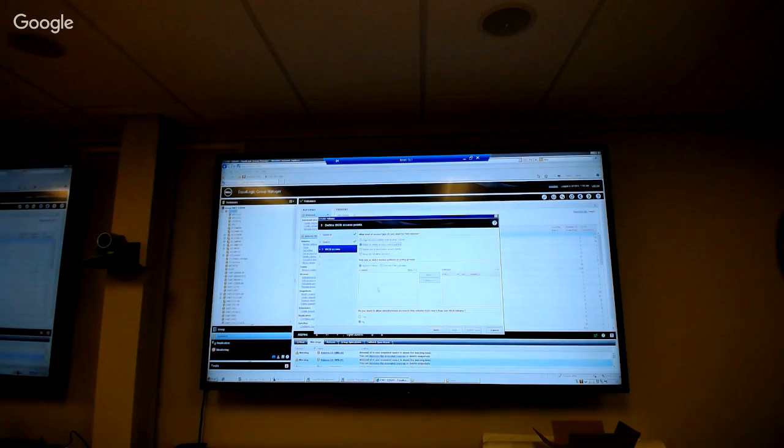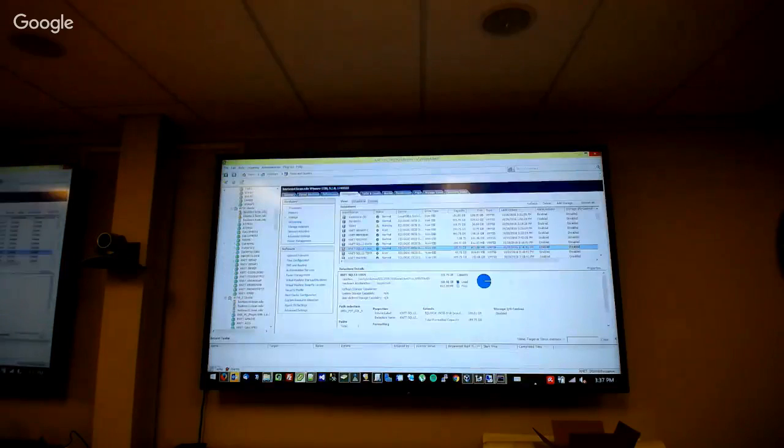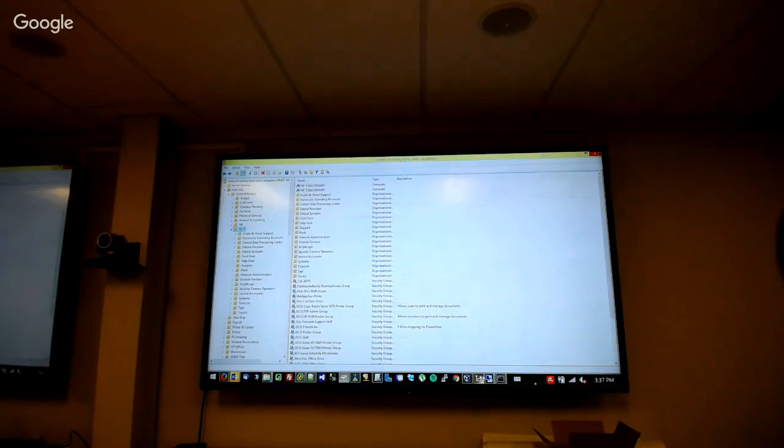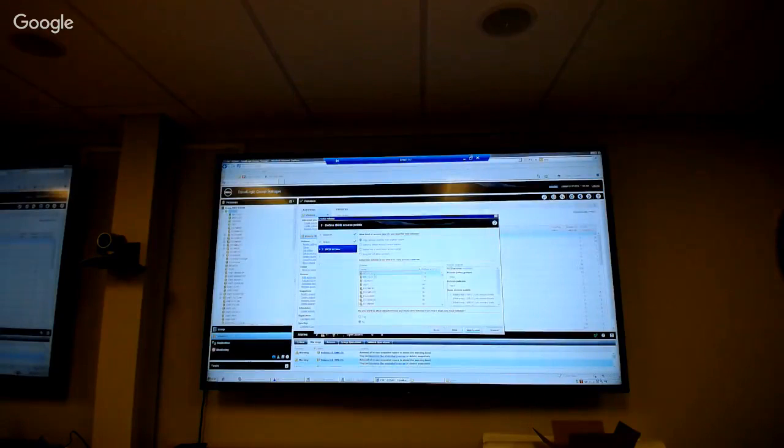All right, so we want to copy access controls, and that's all it's doing. Because you have to give whatever host access to view this volume, you can go in and define whatever access policies, but I usually just copy from another one. So if I know I'm going to create a new volume for the R710s, I usually just copy from one of those. So I'm just going to go to